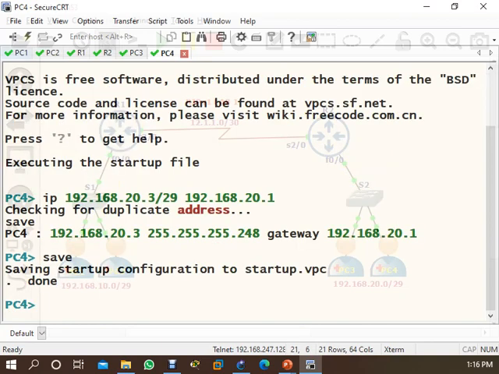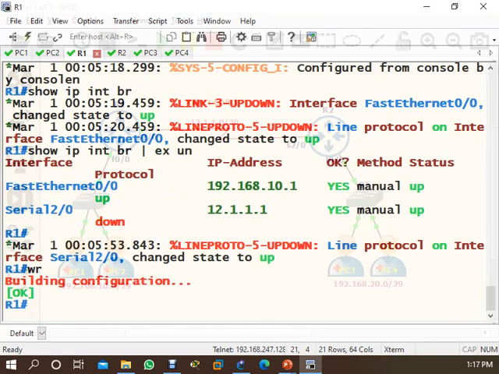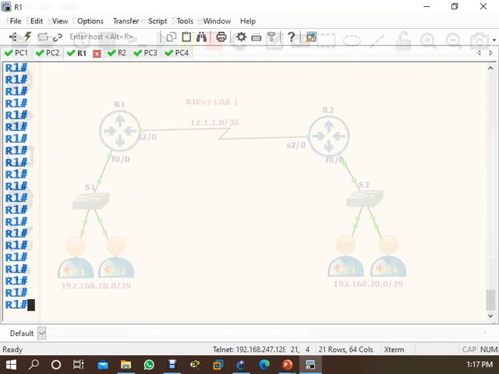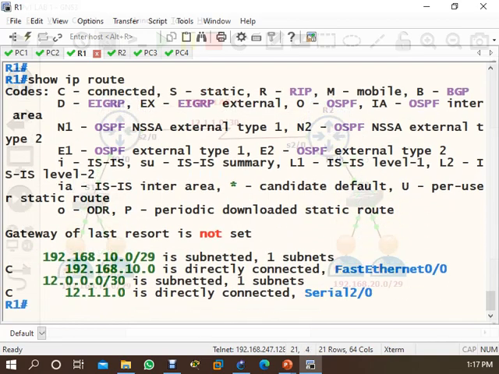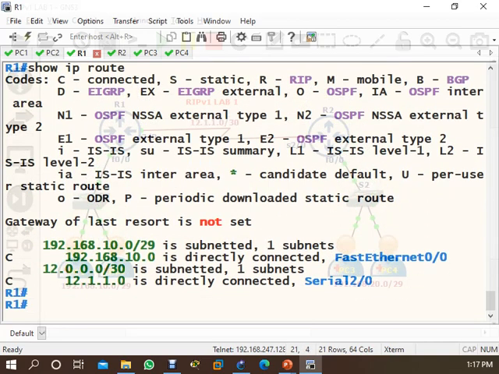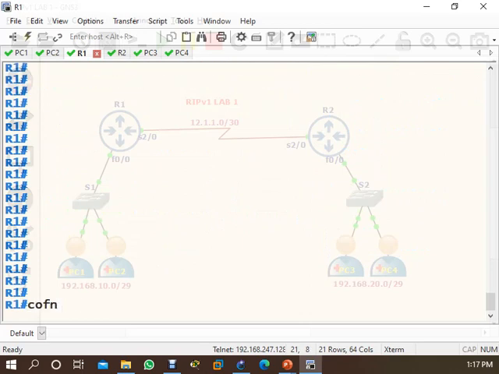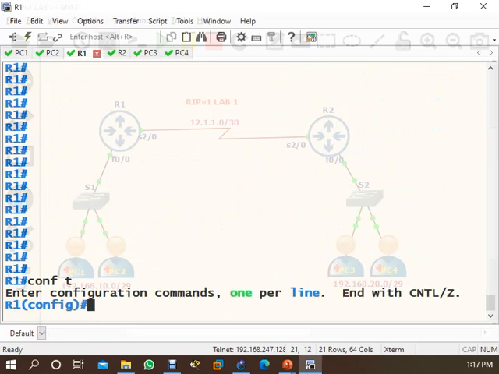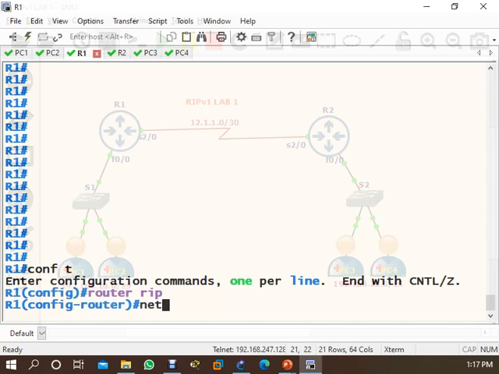Now same thing, if you come on router 1 and type show IP route, you do not have routes towards the 20 network, right? So if you do not have routes towards the 20 network, how are you going to do it? First you have to say configure terminal, then router RIP, enter, network. What are your connected networks? Tell me.